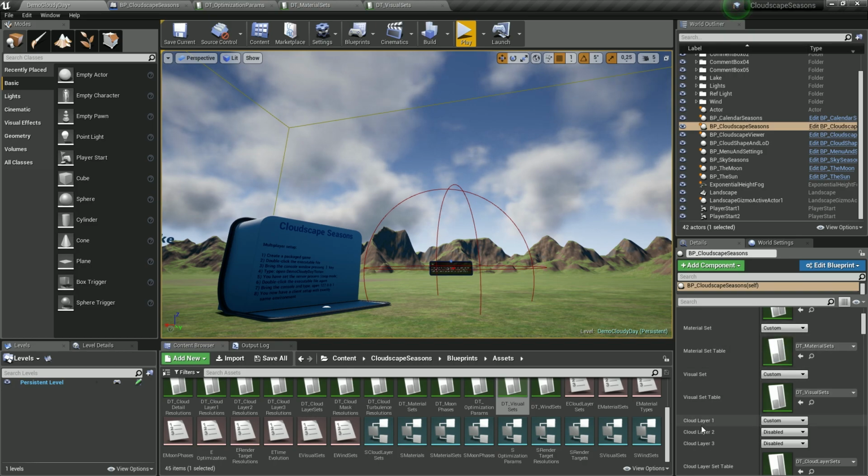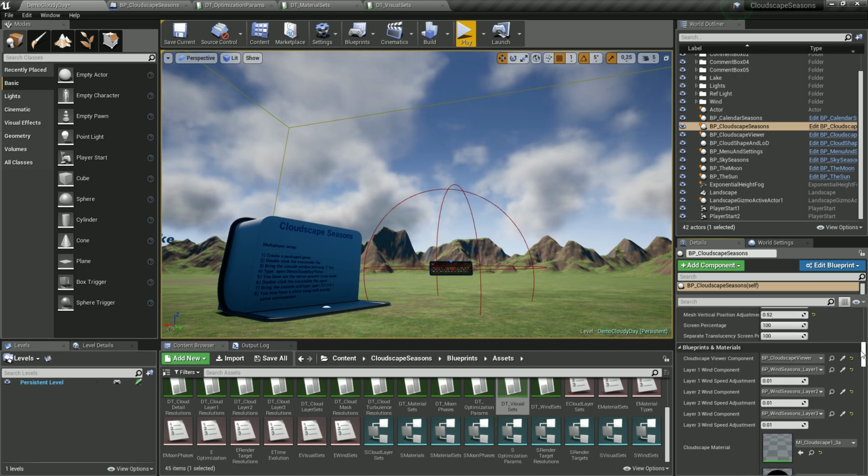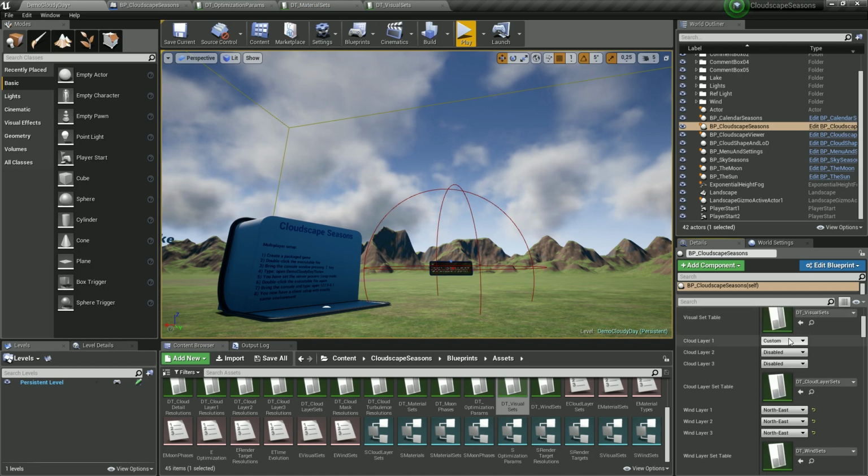They are combined with each other. Cloud layers are the settings that you see right down here, so you can have that information and change it with, okay, give me cloud layer 1 as a cumulus during day, or a stratocumulus during day, or a stratocumulus during night, or whatever. You can create any set here and store those in the data table, and it will give you that look for that layer. Or you can just disable them. Let's disable them, custom, it will be like the setting down there, or you can have a pre-recorded one. It takes a bit of time to set this. You are just setting a lot of these things for you guys, and